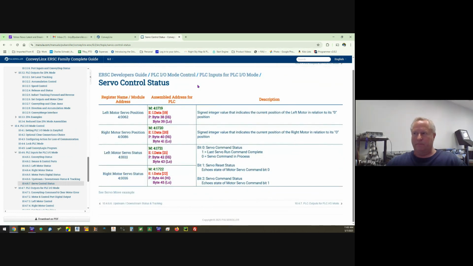Servo status. Our motors and controllers are not stepper motors or servo motors or controllers in any way. But because we get feedback from the motor, we have servo-type positioning and control. So, left motor and right motor,